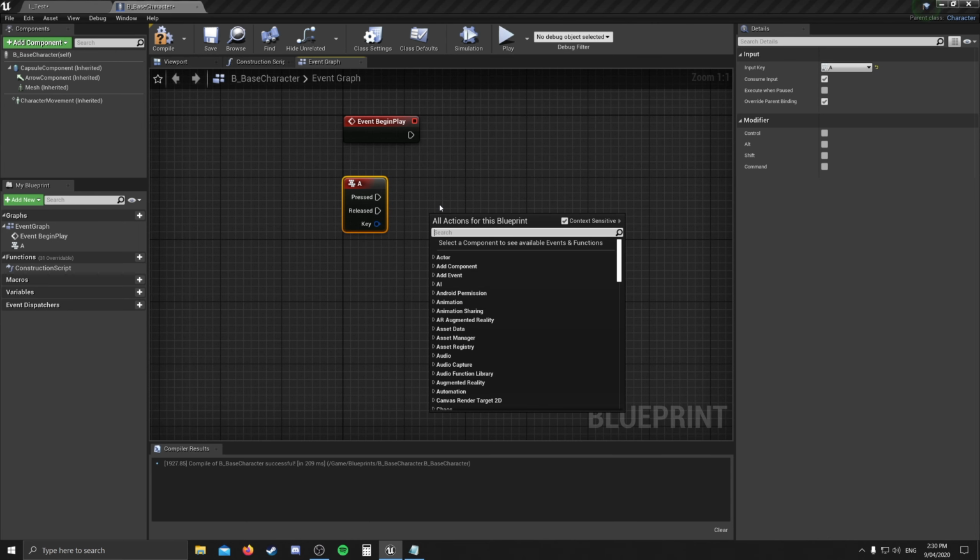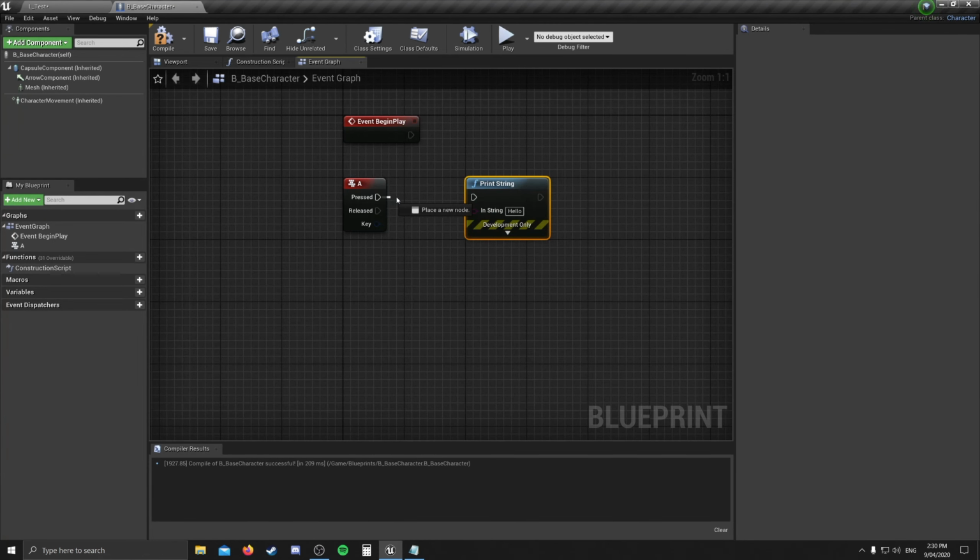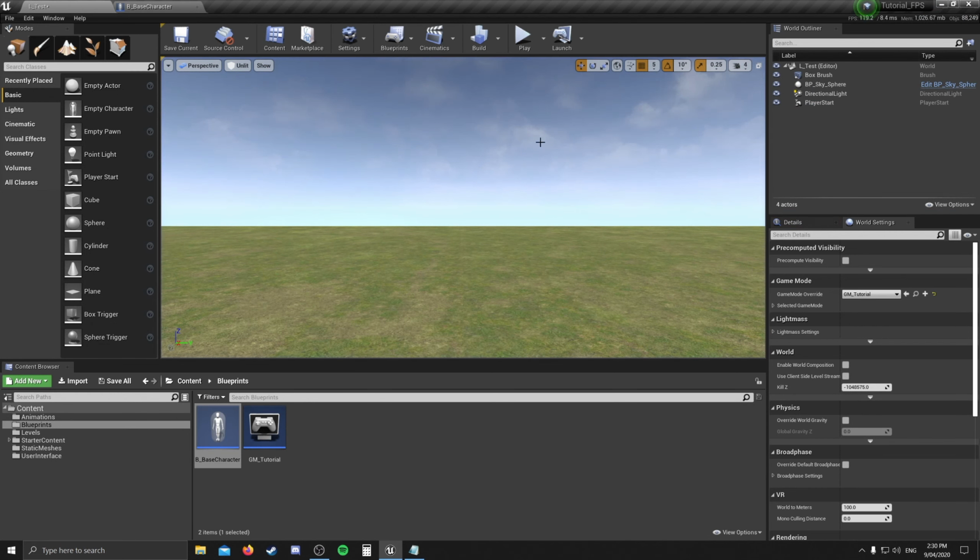Let's right click, get a print string, plug in that print string. We're going to change what the print string says, and we're going to change its time to 5 seconds. Now we're going to hit compile and save. Go back over to the level. We're going to hit play,